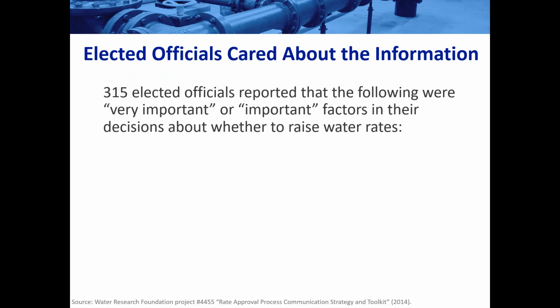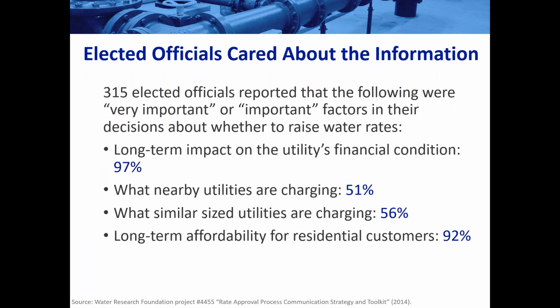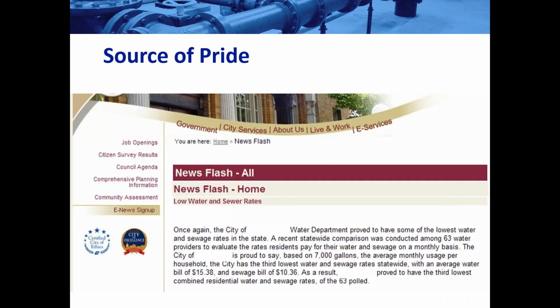Now, the elected officials said this is what they cared about. They wanted to know what the long-term impact of the utility's financial condition is. They considered that to be very important or important. Half of them cared about what neighboring utilities or similar size utilities are charging. And a lot of them cared about the affordability of the rates to residential customers. So again, some elected officials care about this, others don't, but they care more about financial performance and affordability of rates, which is a separate